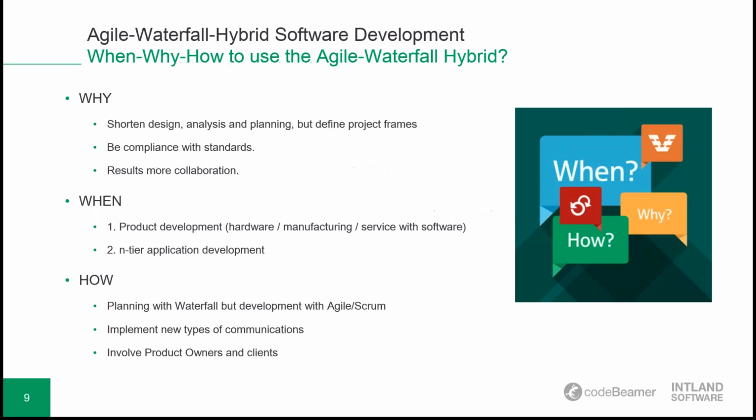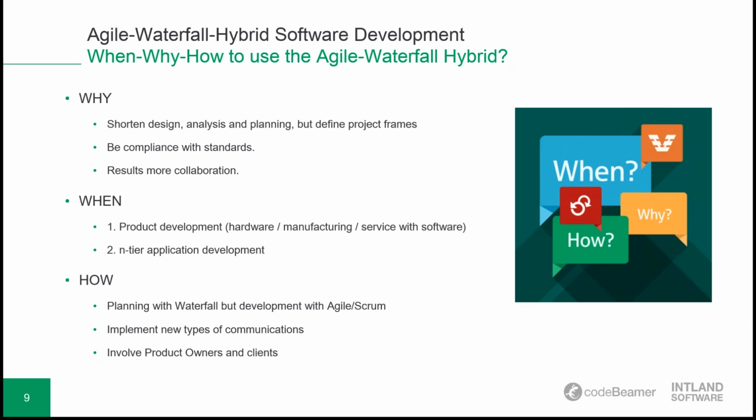So I just try to summarize for you why, when, and how to use the Agile Waterfall hybrid methods. So let's start with the why. The main reason why hybrid method can be used is to shorten the design, the analysis, and the planning, but define project frames, including budget and time of delivery. It helps you to be compliant with standards, results more collaboration,